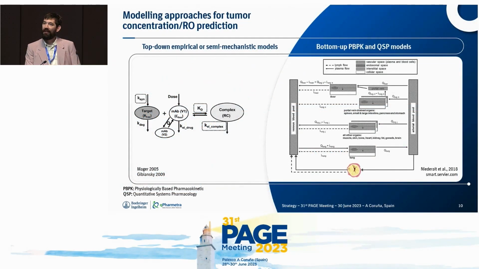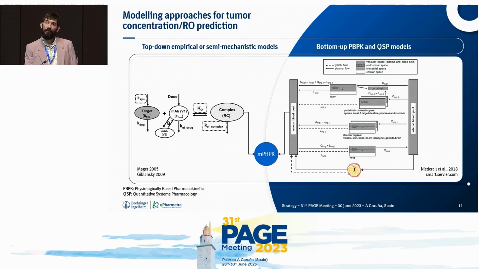Okay, how can we analyze these data? Typically, we have the two standard approaches, also moving away from this depiction, but still to get some understanding of what we try to do. Typically we have either data-driven empirical models, or full-blown PBPK or QSP models, as you saw in the previous two talks. What we are trying to do here is a bit of both, where we use a minimal PBPK approach, using data-driven parts of the model where we can, and for the tissue of interest, in this case a tumor, using a mechanism-based, physiologically based part of the model.